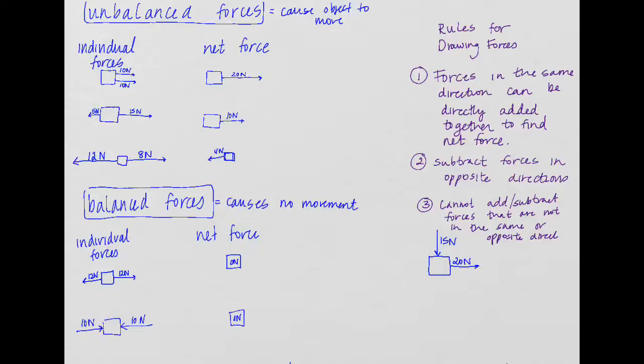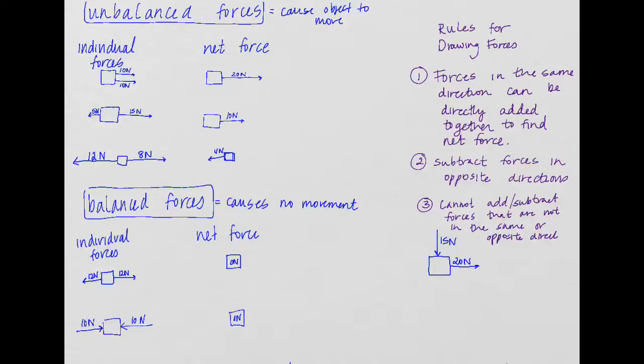We have an unbalanced force here, where someone is pulling to the left with 5 newtons and another object or person is pulling to the right with 15 newtons. When we add those together, remember our rules, I have them written right here. Our rules for drawing forces, this is the second rule. We subtract forces that are in the opposite direction. We subtract, negative 5 plus 15, or 15 minus 5, gives us an overall net force of 10 newtons